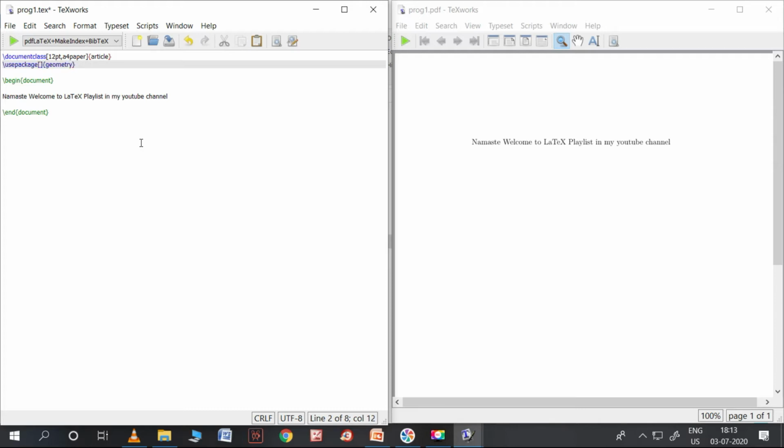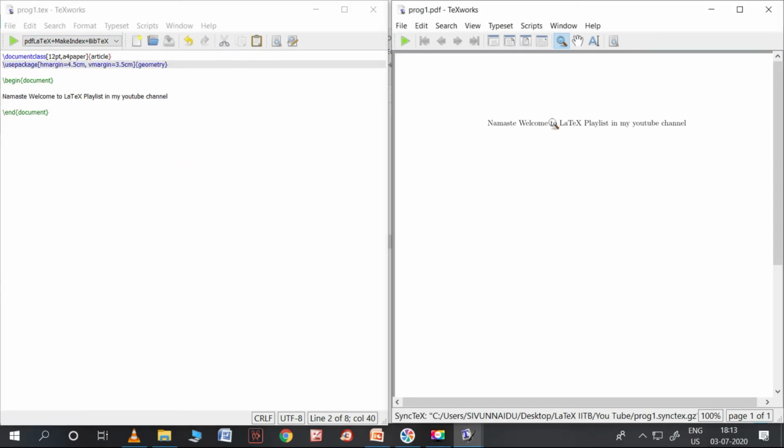So let me take the optional. This is horizontal margin. Let me make it 4.5 centimeter, comma, vertical margin is equal to, maybe let me have it 3.5 centimeter. Let me run it.